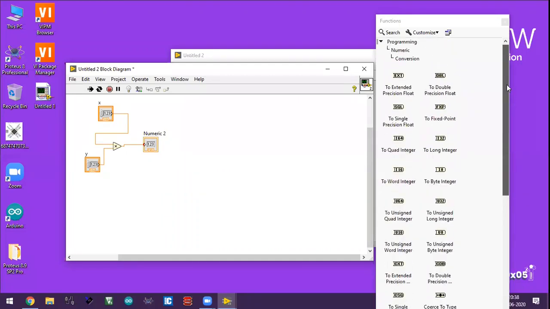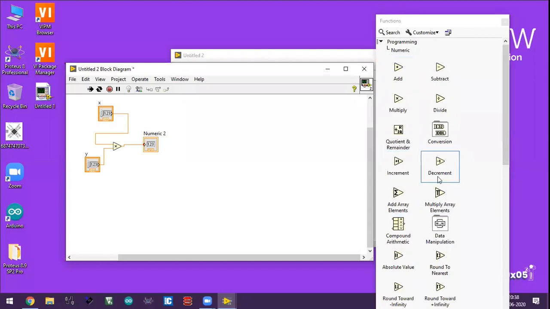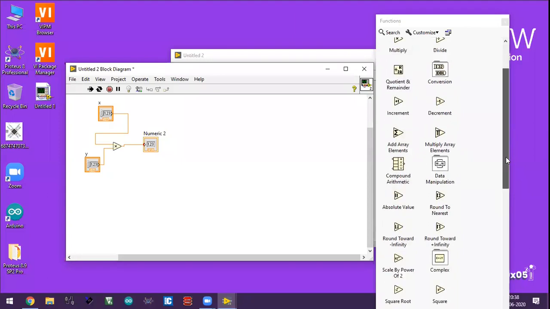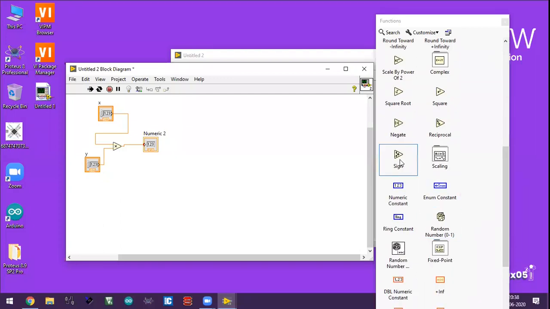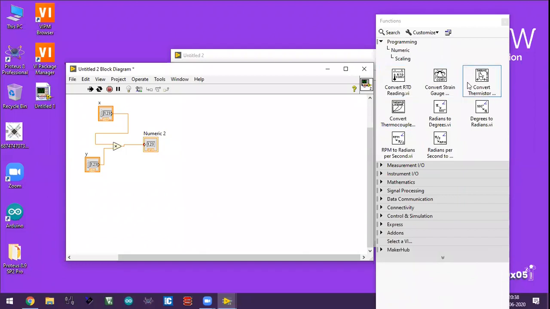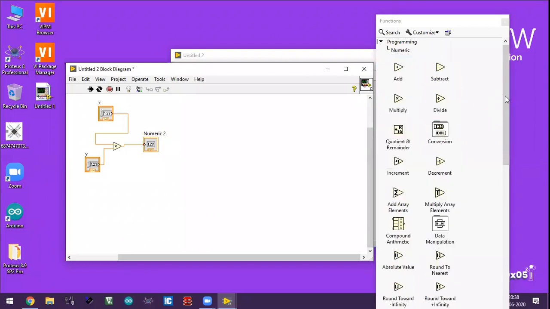So a respective function is there for each kind of conversion, as well as you can see increment +1, decrement -1, add array elements, all those things you can see over here. Square, negate, reciprocal, sign, scaling values are also there, converted to reading values, and all the things are there.